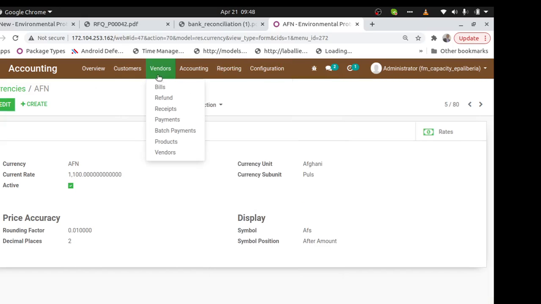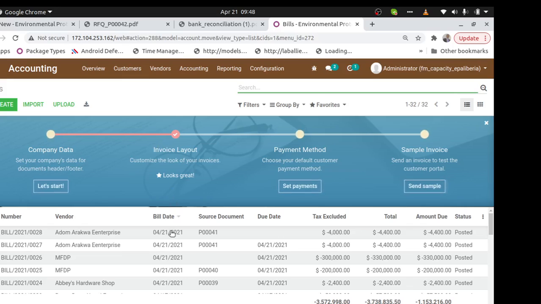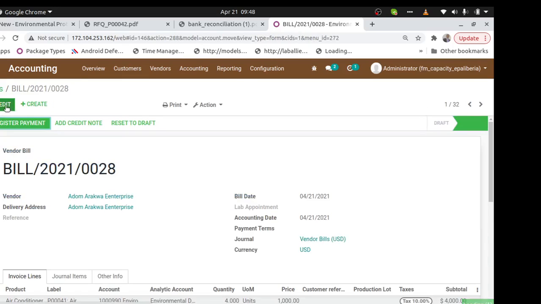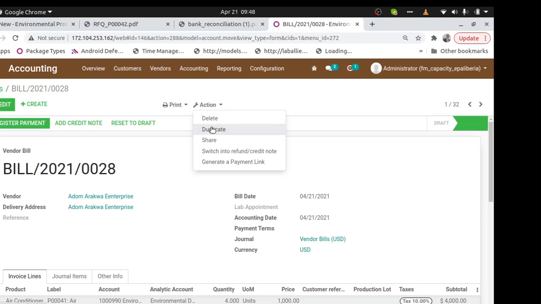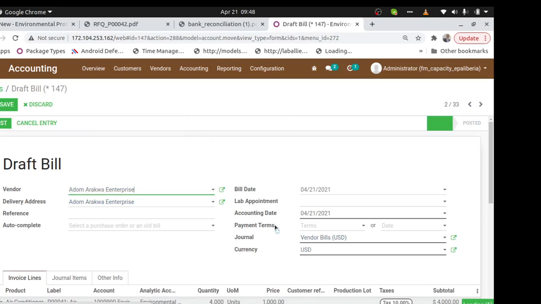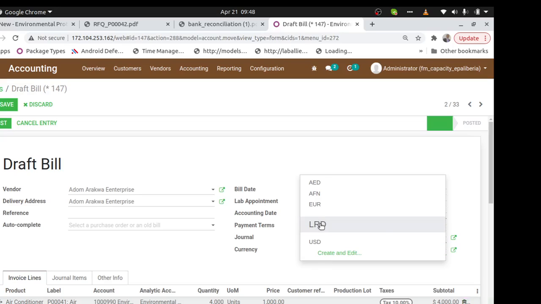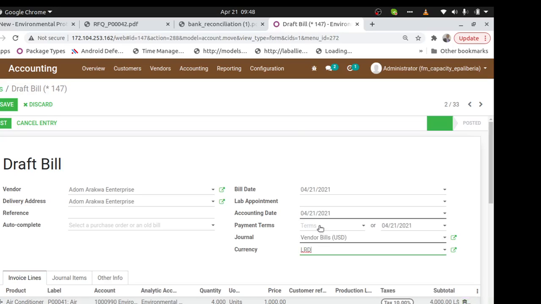And when you are doing the invoice directly, you can select the multi-currency. If you are doing it in a different currency, you just come here, and then you change the currency. Remember, you cannot change what is posted. You have to make sure that it is in draft state. I can change and pick, like for Liberian currency, from here directly.